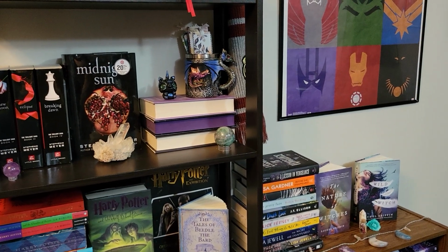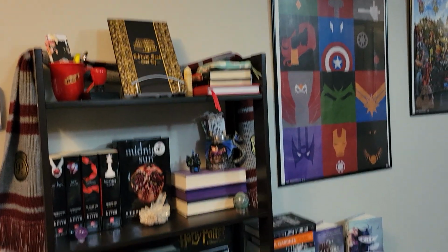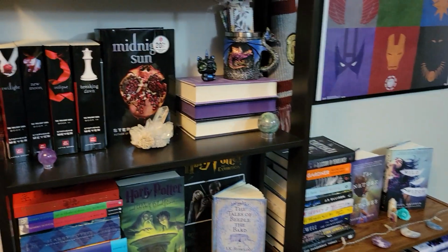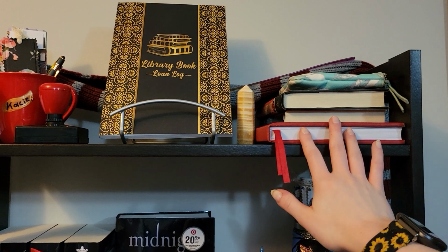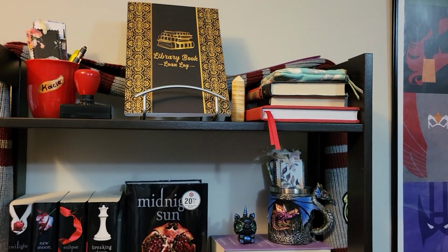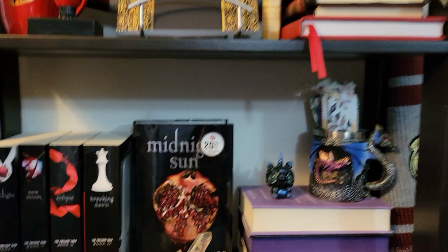So now I kind of get to show you my pride and joy right now. I reorganized all of the books on my shelves, so I get to go through that. So we'll start with the easy one at the top. This is just my library supplies and some books that I'm annotating, as well as my journal there. So that's really not that important. My book stamp, some bookmarks in both of those cups there. This one